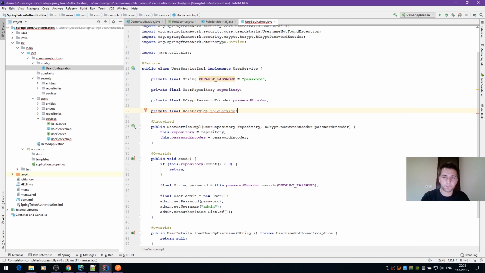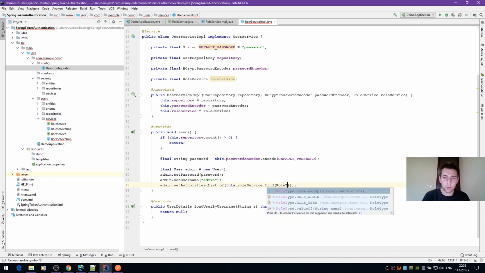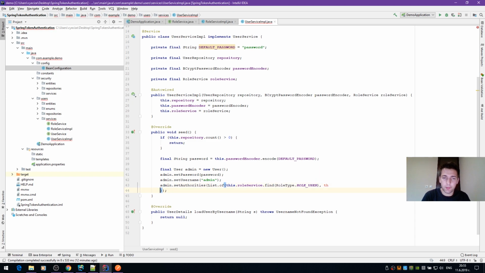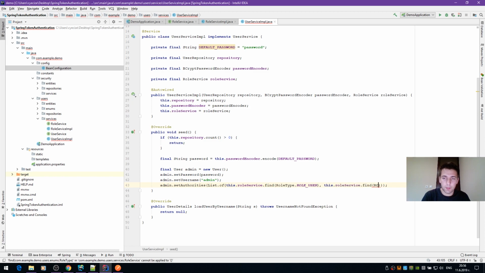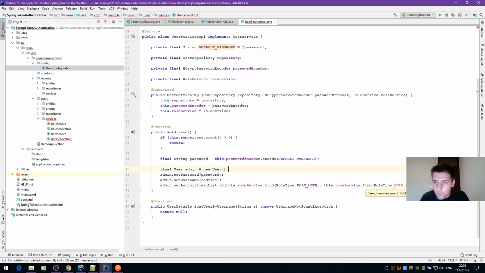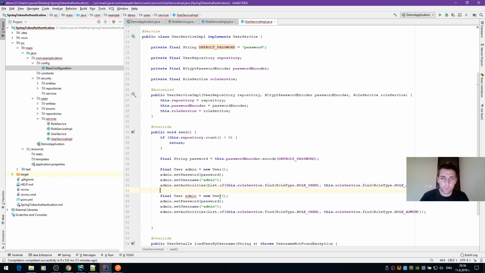roleService. So this.roleService.find role type user, and also this.roleService.find role type admin. So basically our admin will have those two roles, and now we can basically copy the same thing, but we